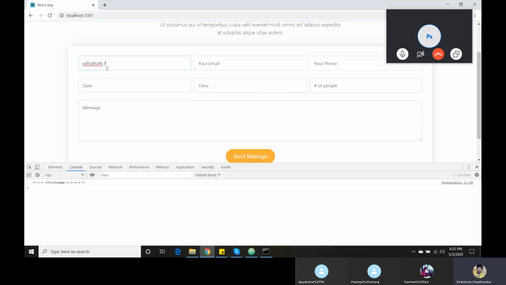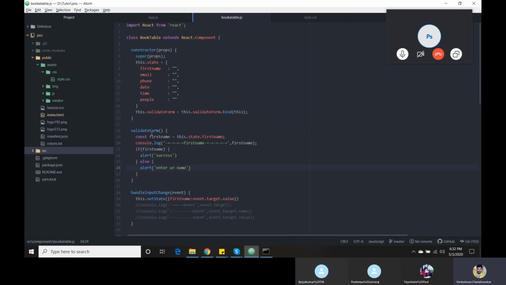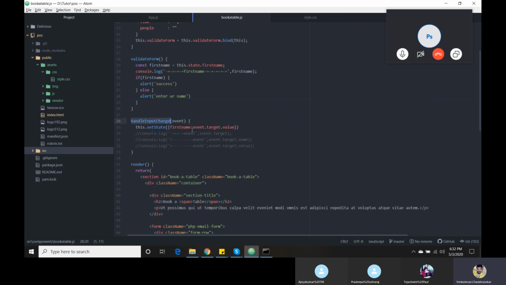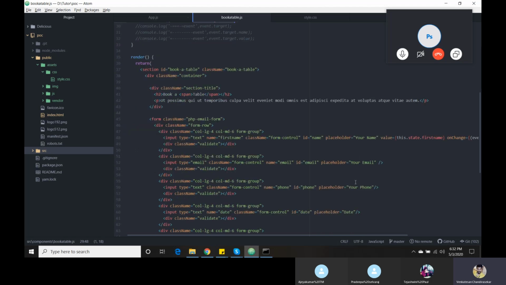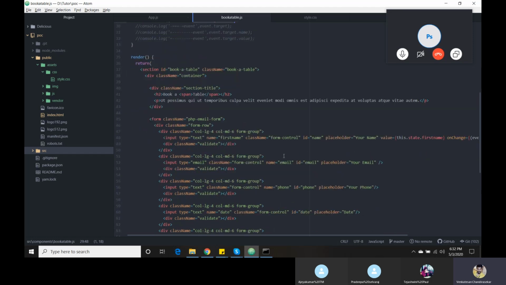Now I am going to give something: this.firstName. The reason I changed it is that whenever onChange fires, the first name needs to be event.target.value. This is another static manner. It will work for this field, and I need to make it work for the remaining fields.